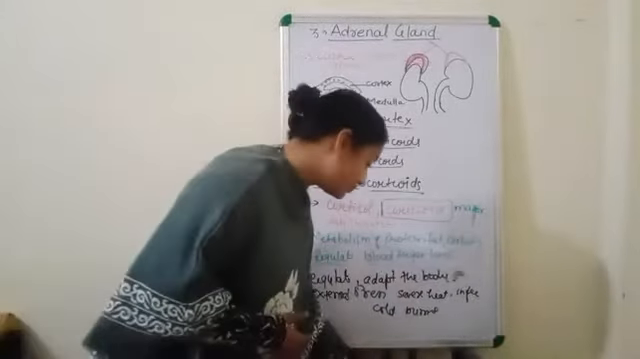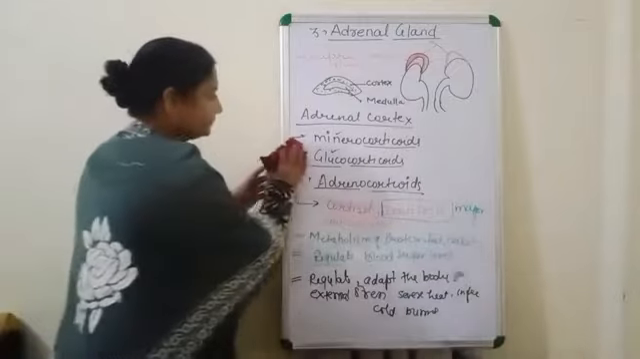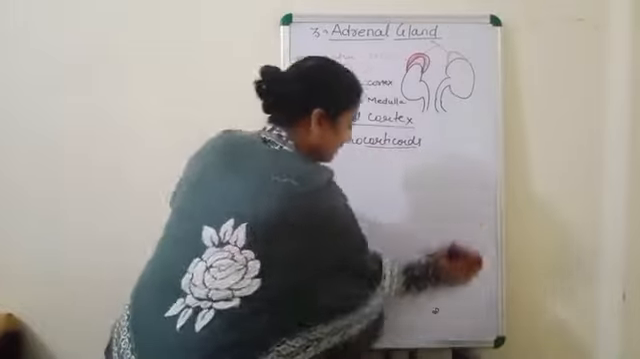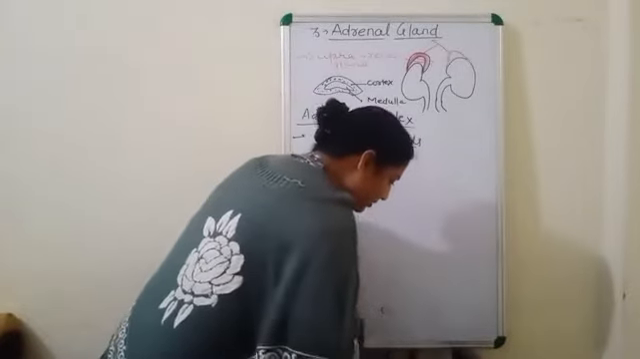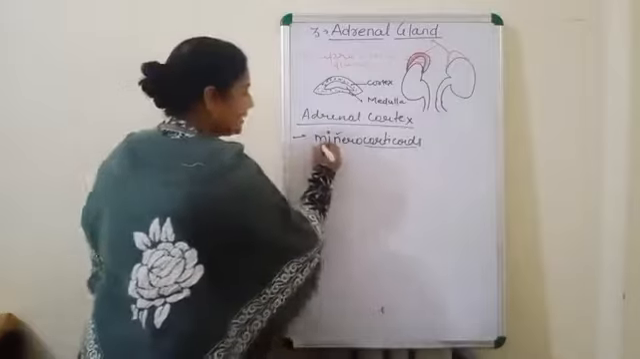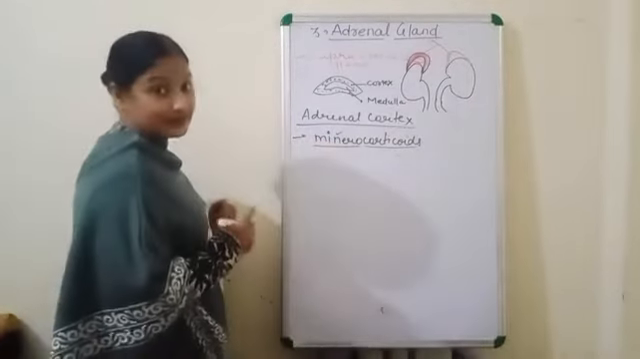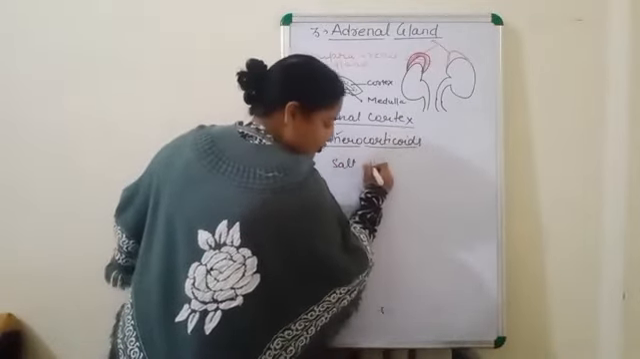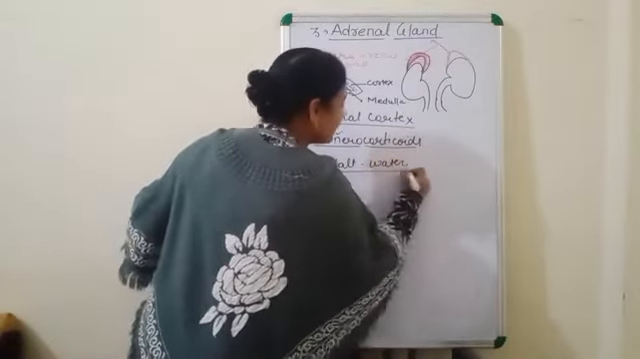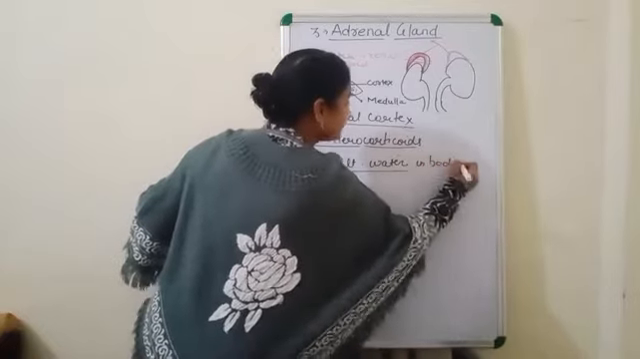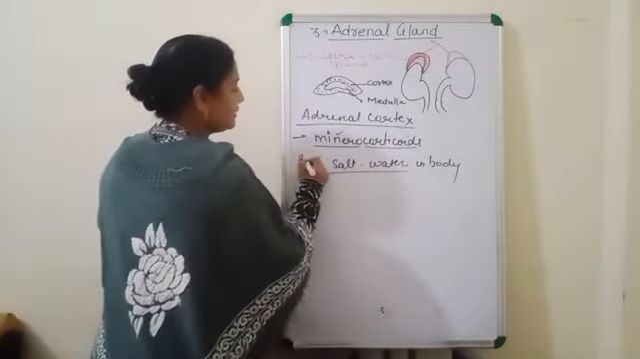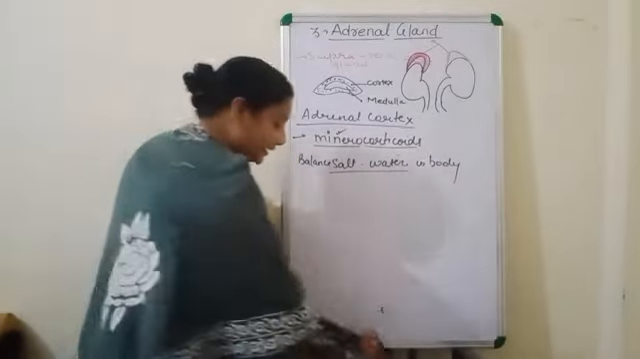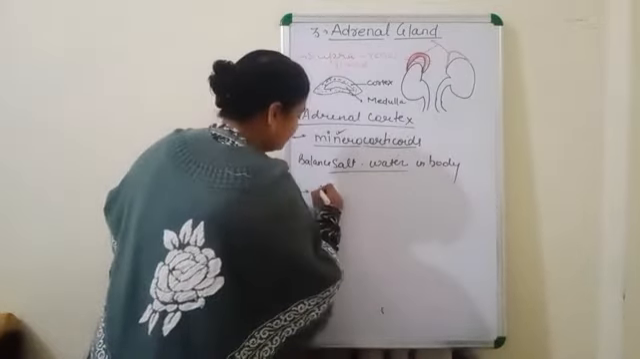Now see, the next one is mineralocorticoid. The function of the mineralocorticoid is that it is used to regulate. Now from the name itself it is clear that it is related to minerals. So what does it do? It will balance the salt and water, the mineral, in the body. Clear? It controls reabsorption of